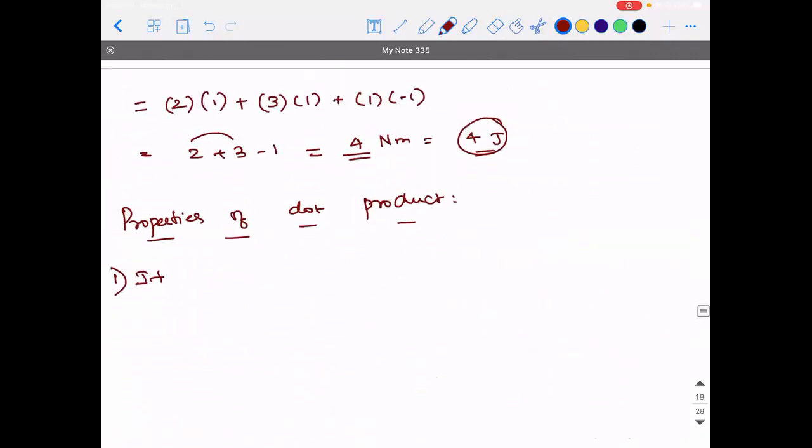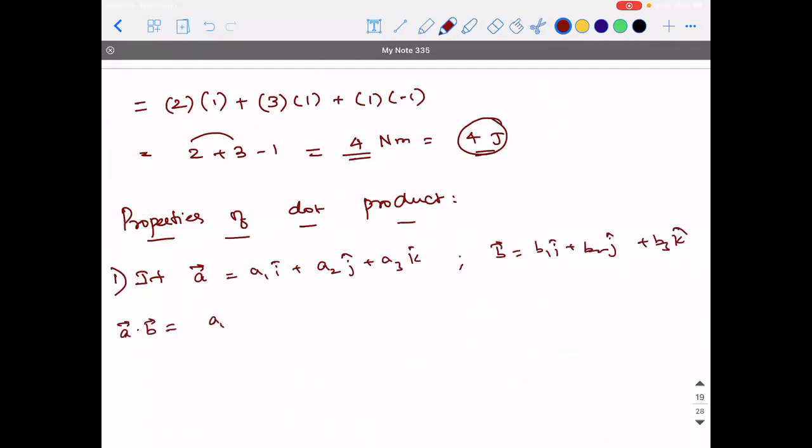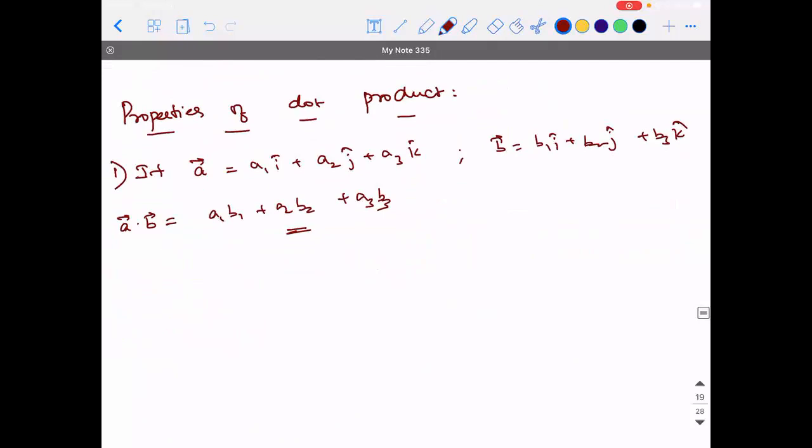If A vector is equal to A1, see, I'm repeating the definition again. That is the only thing. A1 I cap plus A2 J cap plus A3 K cap, and B vector is equal to B1 I cap plus B2 J cap plus B3 K cap. Then A vector dot B vector is given as A1 B1 plus A2 B2 plus A3 B3. Okay. Second,